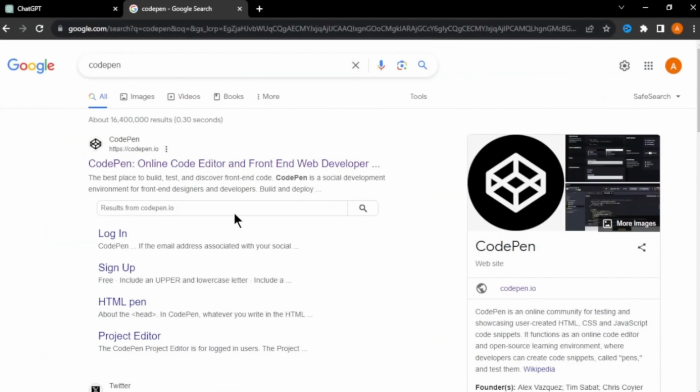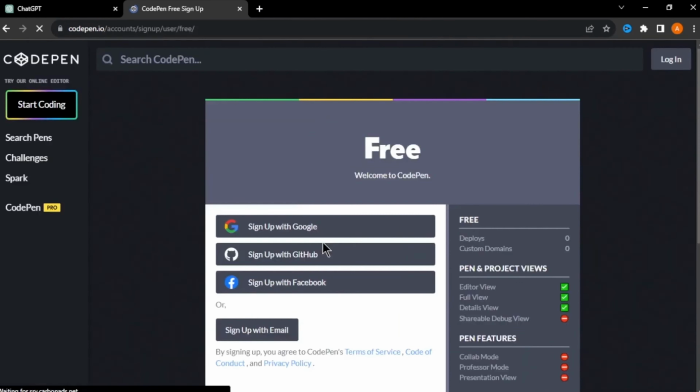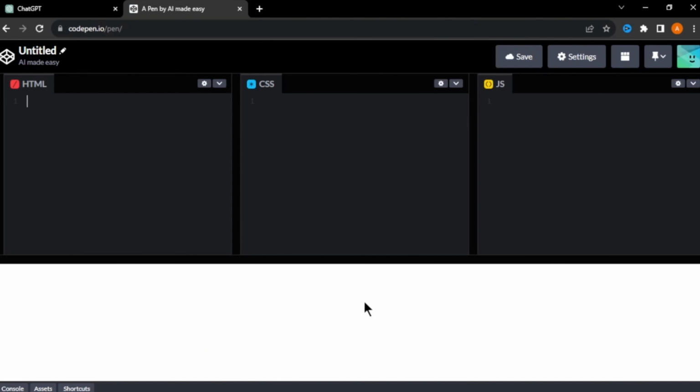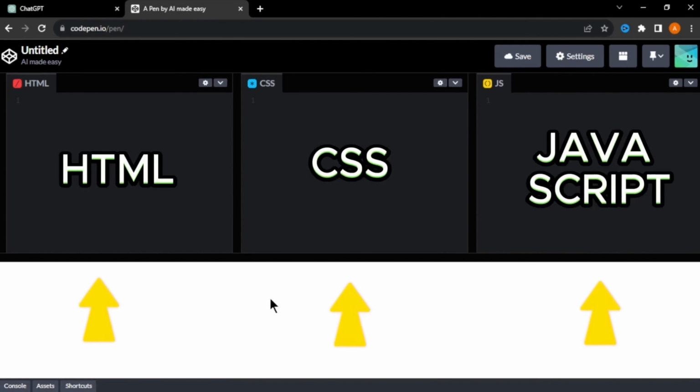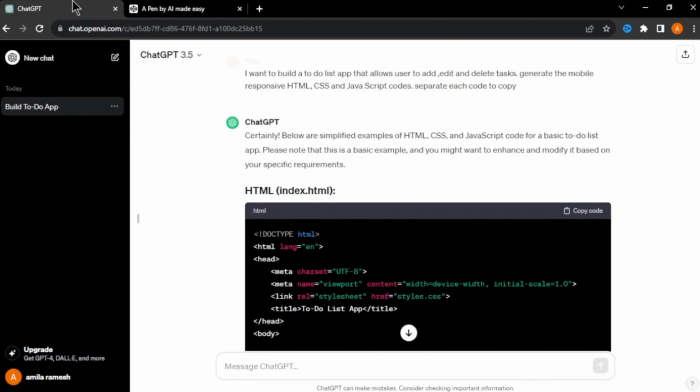Now to check our codes are working properly, I'm going to use this free tool called CodePen. Click CodePen and click sign up for free and sign up with your Google or email account. After you sign up, you will come to this page. In here, you can see that there are 3 sections to add the HTML, CSS, and JavaScript codes to create our app. To enter our codes, go back to ChatGPT and first copy the HTML code by clicking Copy Code